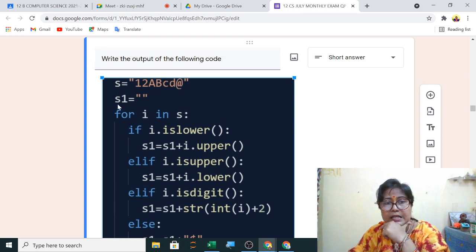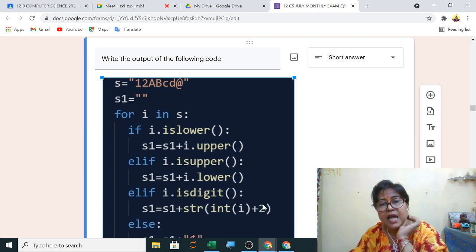Now next question is the output of the following. S is this, S1 is empty, for i in S one by one character. If it is lowercase, it is converting into uppercase. If it is capital, converting into lower. If it is a digit, then it is taking str of int(i) plus 2, so it is adding 2 to it. So the first one is a digit, it will add 2, so it will become 3.